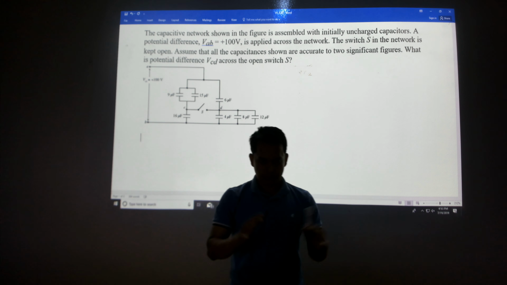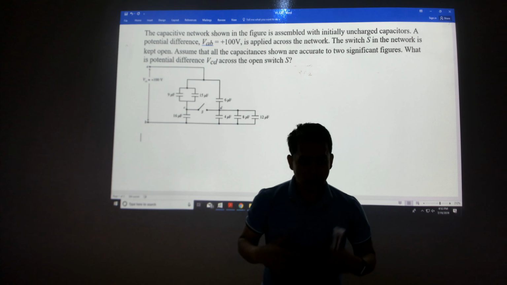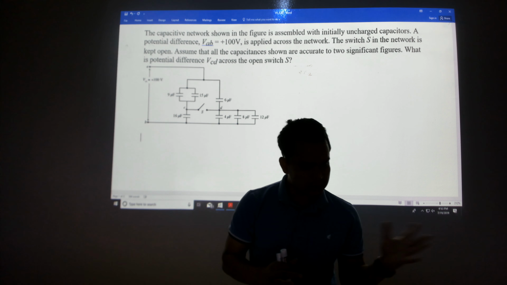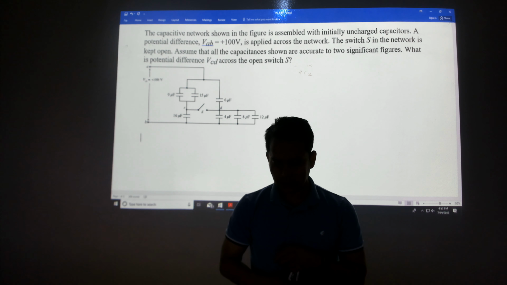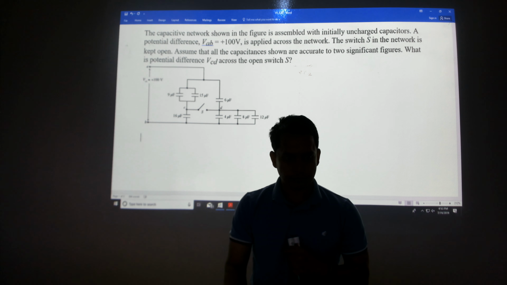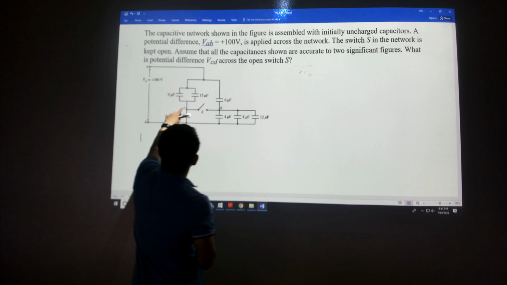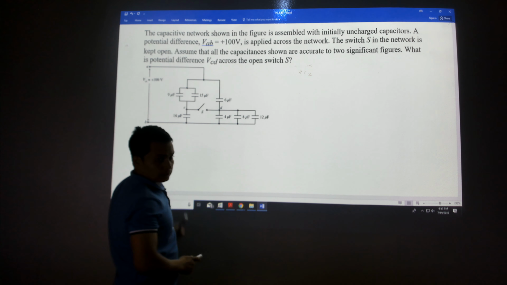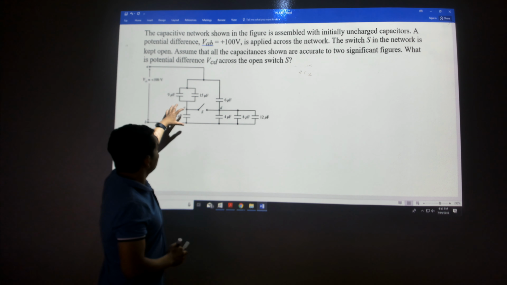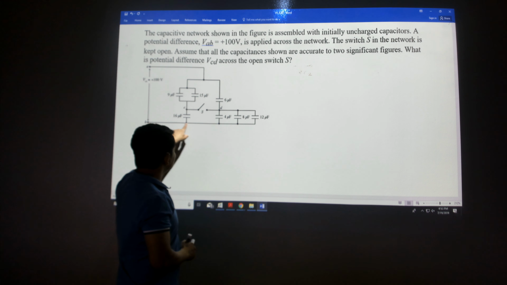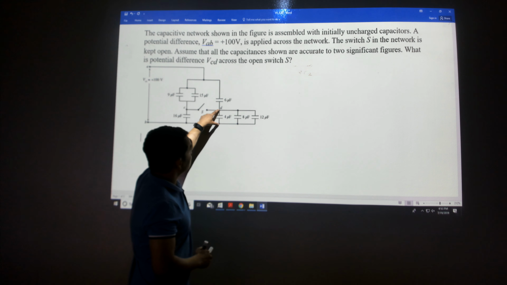In this problem, you are given a complicated looking arrangement of capacitors connected in series and parallel combinations, and you have to find the potential difference between the two capacitors. So it says you have to find the potential difference between this point and this point. Basically it is asking what is the potential difference between these two capacitors, because these two are connected at the same terminals. So we have to find the potential across this capacitor and the potential across this